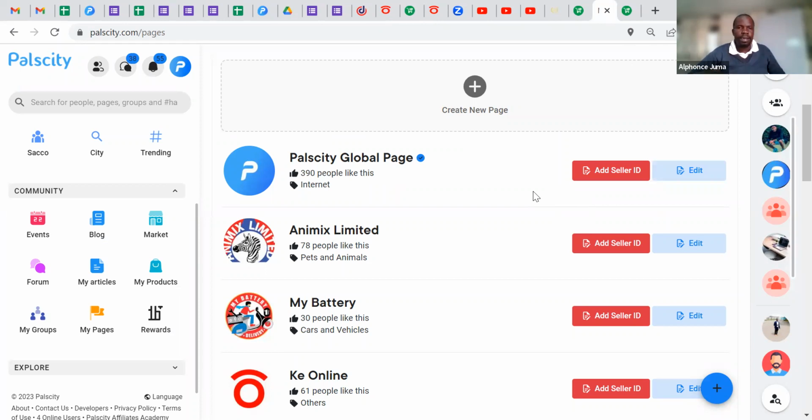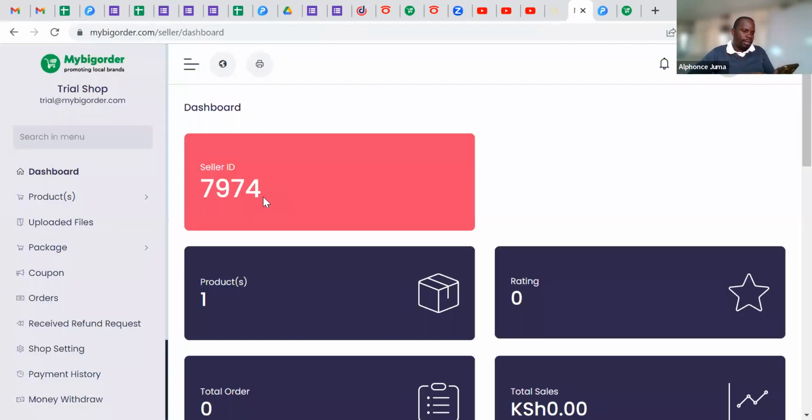But now the question is, what next after that? After you've added your product to Pearl City, which is for free, and you've also added your products to KE Online, which is a platform you use for free targeting, what really happens if you don't need to update anything else because you simply add a seller ID? What we've implemented is that any sales that come from all those platforms that you've attached your account to all come to one mobile app, or to your Mybigorder backend here. That means sellers simply need to download one app, the Mybigorder